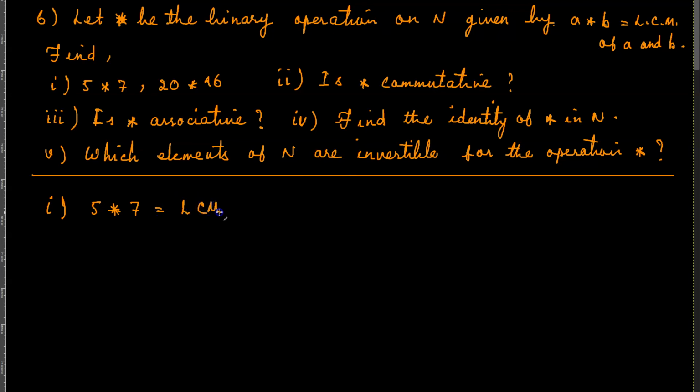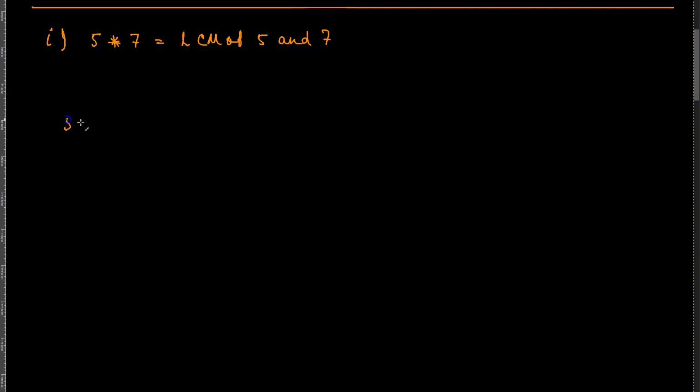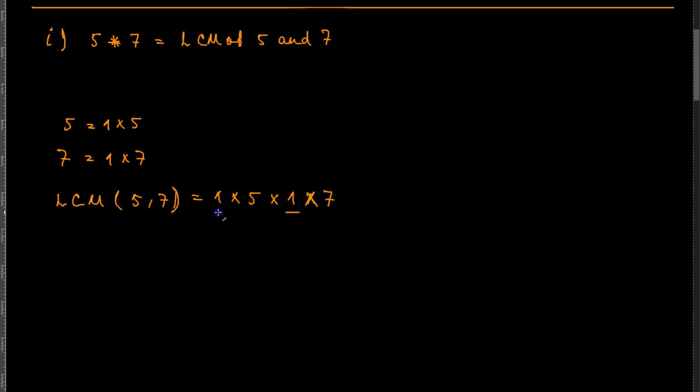which is the same thing as LCM of a and b, which is 5 and 7. So LCM of 5 and 7, based on what we said before: 5 is the same thing as 1 times 5, and 7 is the same thing as 1 times 7. So the LCM is a number that has a 5 in it, so a 1 and a 5, and it also has a 7 in it, so a 1 and a 7. Of course the ones are not required. You're not required to write the ones, because 1 multiplied by anything is going to be equal to itself, so you don't have to write them. So it's simply going to be equal to 5 times 7,